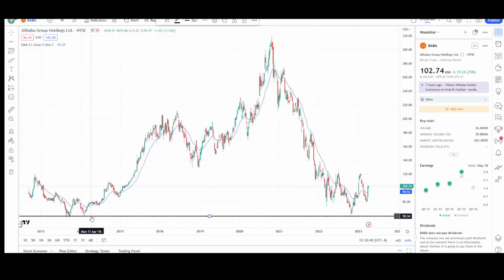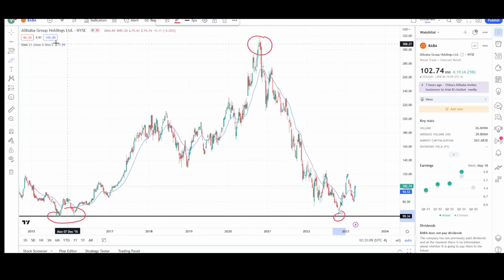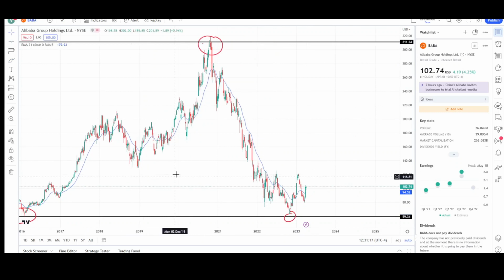So let's go ahead and mark the lows of BABA, which is right around the $60 level. This was the low in 2015 and 2016, and prices rallied higher to the 315 level, sold off, and came back down to this low at the $60 level. If this was the low point in the past, it could be the low point in the future, which is currently right now. Based off of that, this could be the high point again for BABA, meaning it could be the top at the 311 level. We'll have to wait and see. But right now, we hit the bottom